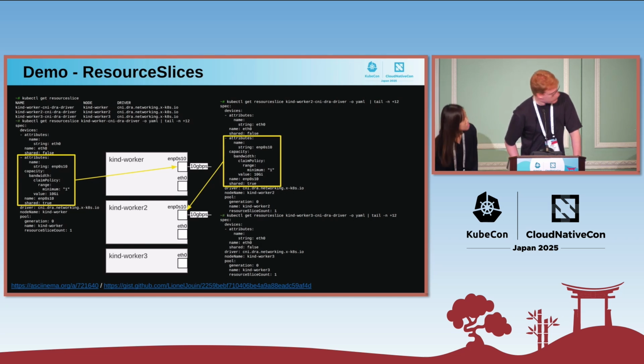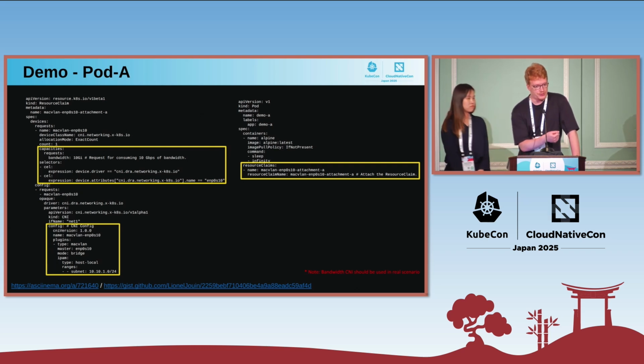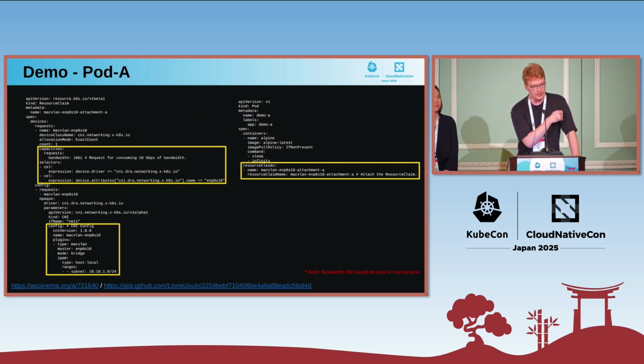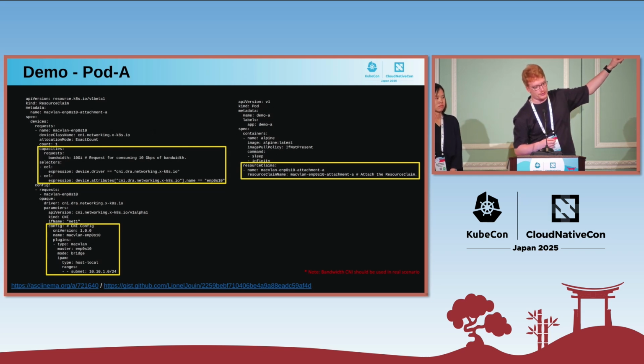Is it the resource claim template? Or the resource claim and... Yeah. I think here we could reuse the attributes that we have in the resource slice and then put them directly in the CNI config. So we don't have to specify the interface name, but we can have the selector in the select expression and then have the attribute in the resource slice reflected there in the CNI config.